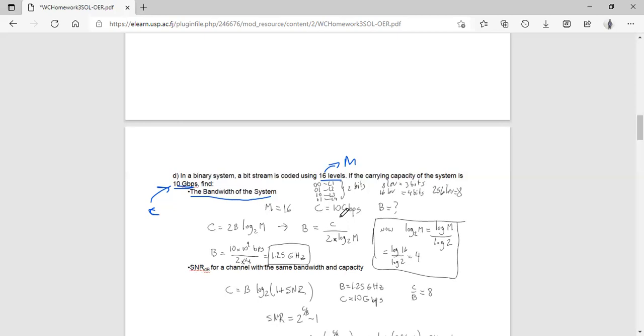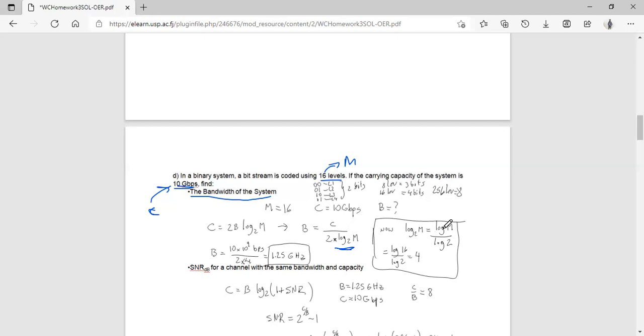Giga is basically represented by 10 to the power of 9, isn't it? So the capacity becomes 10 times 10 to the power of 9 bits per second, divided by 2 times log 2 of M. So basically 2 times log 2 of 16. If we evaluate this particular value, we'll be getting log 2 of M, which